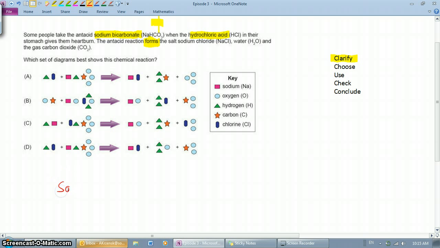Now I'm not going to use the specifics of the chemical formula here. Now I understand what they mean, but as a year 7er we might not necessarily understand. So I'm just going to go with sodium bicarb plus hydrochloric acid